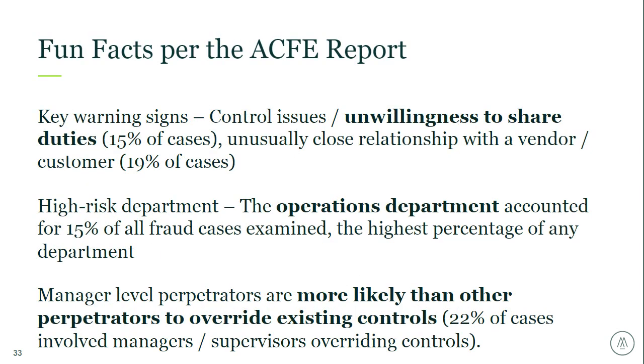All right, so delving back into some more of the fun facts from the Fraud Examiner's Report, we pulled out a few items here that I thought were interesting and pertinent to the case study we just went over. First, we noted that some of the key warning signs in fraud cases include an unwillingness to share duties and having an unusually close relationship with a vendor or customer. In this case, I didn't mention earlier, but the fraudster had issues with giving up control over the crews he managed and had a very close relationship with a third party that was funneling these private jobs to him and his public work crews, which is pretty interesting.